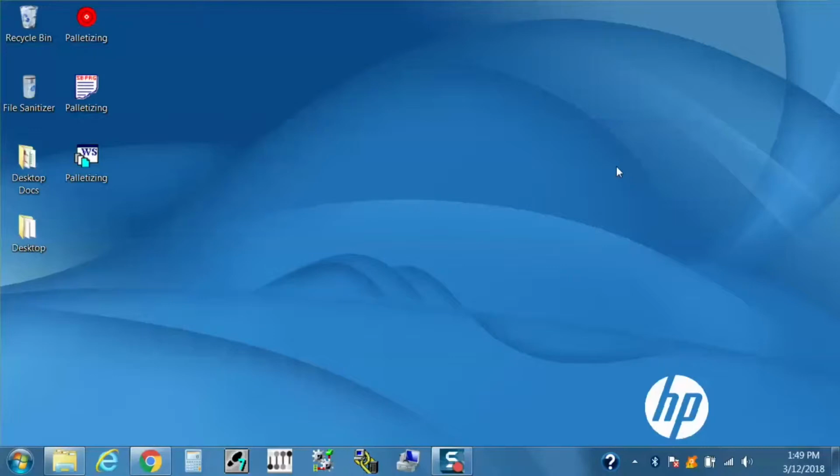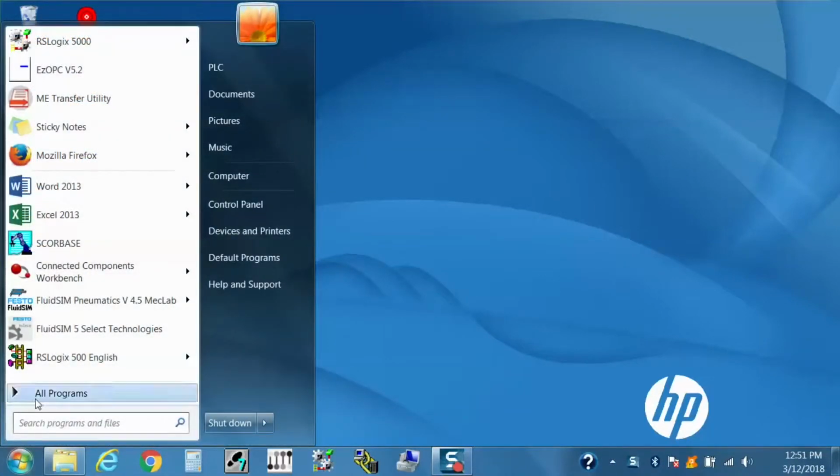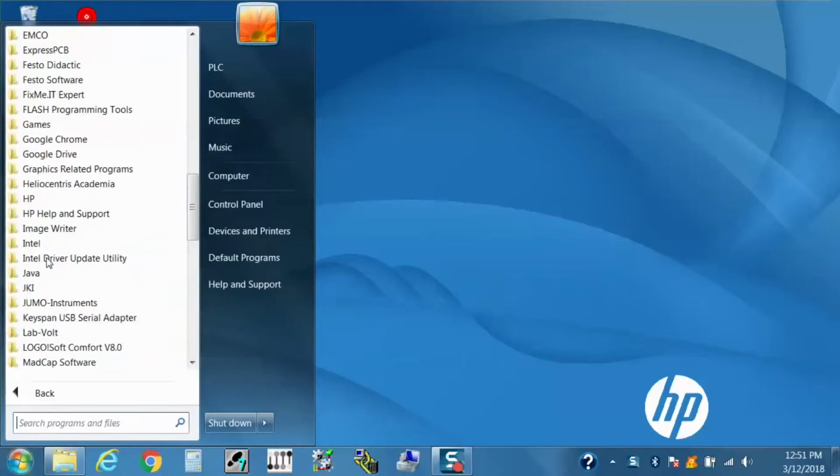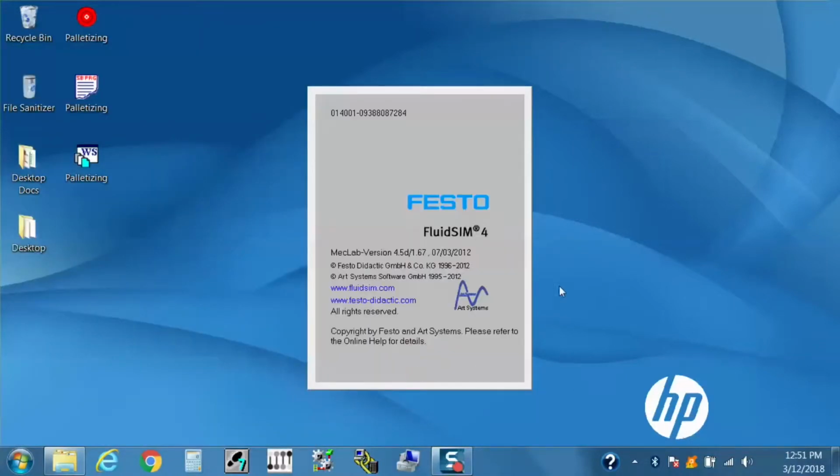Today I'll be making a video on Festo's FluidSIM MecLab software. To open this software, hit the Start button, All Programs, and there should be a Festo Didactic folder. Under here you will see FluidSIM Pneumatics version 4.5 MecLab or version 4.2. I have various versions of it, but you may only have one version. Open up that program,